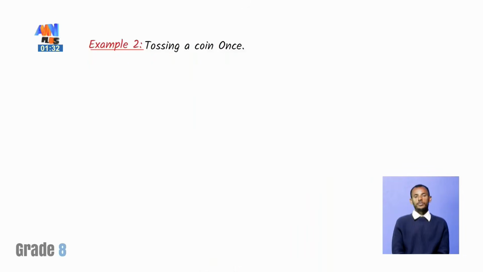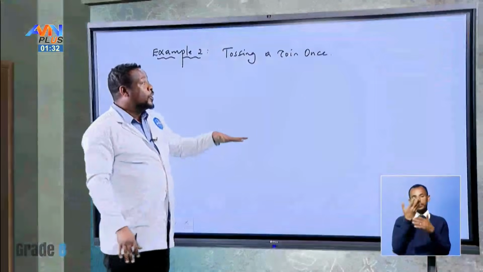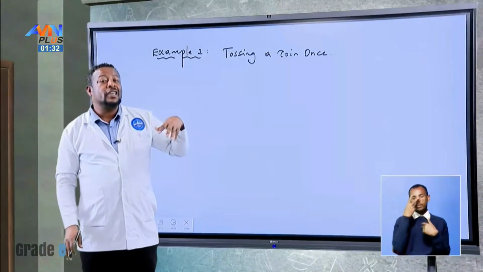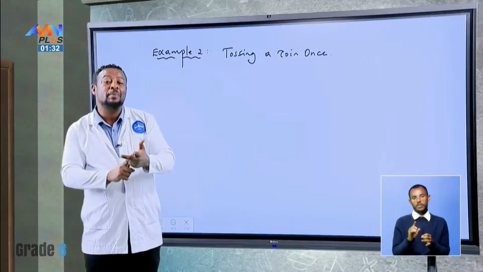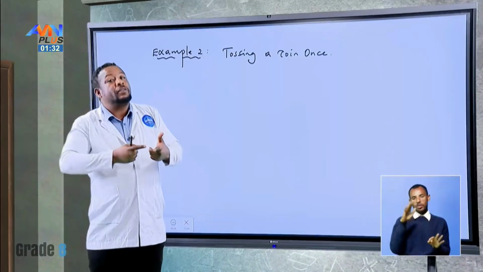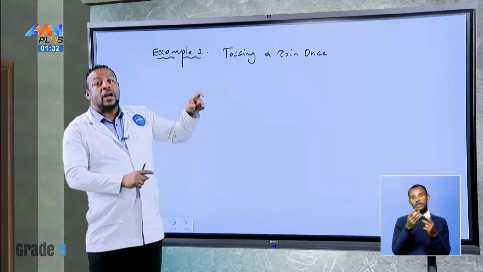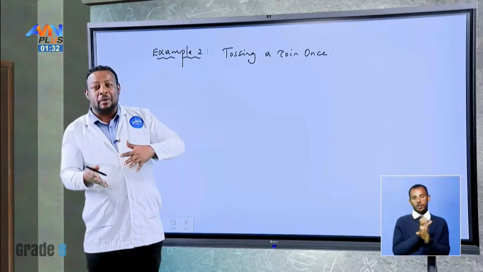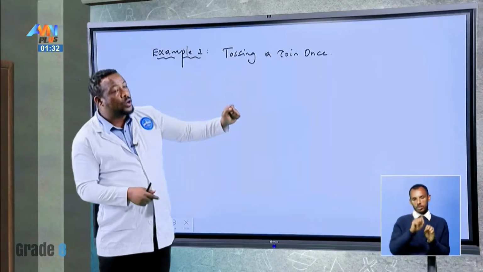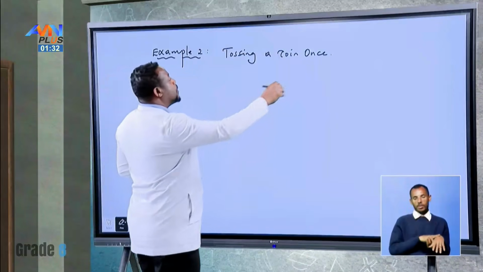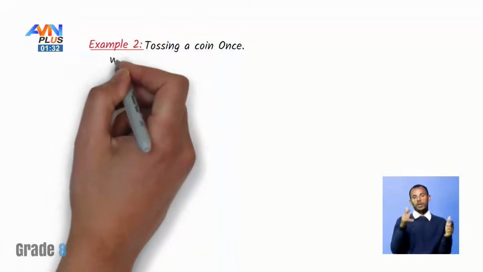Okay, in our previous discussion, we have seen in tossing a coin what the experiment is, what the sample space looks like, and what the events are. Here, we are going to calculate a certain probability in this activity. So tossing a coin once, what is